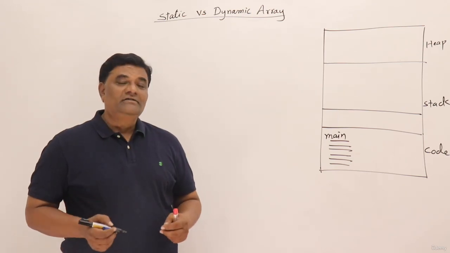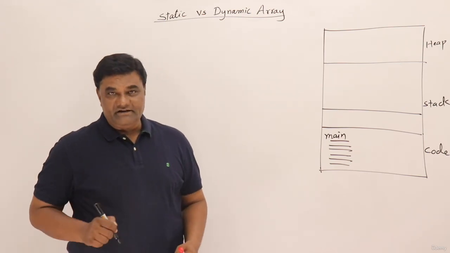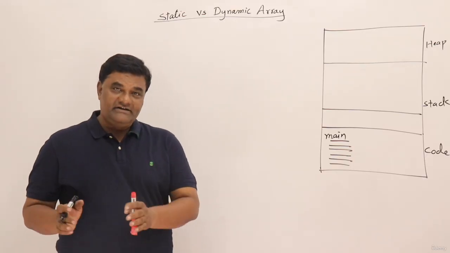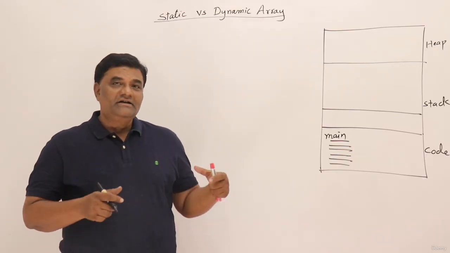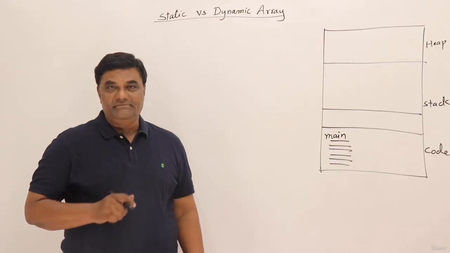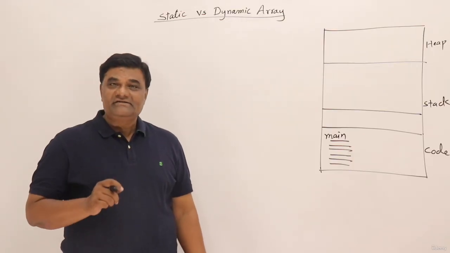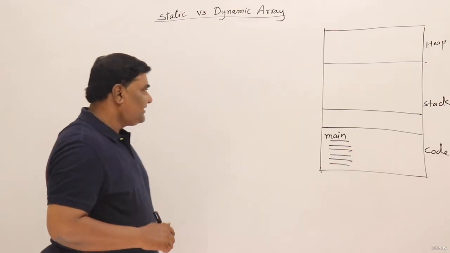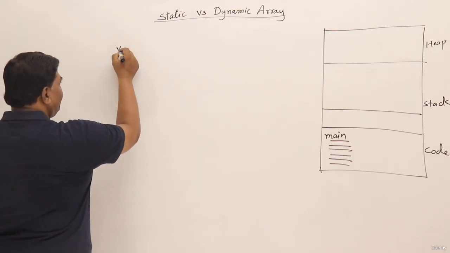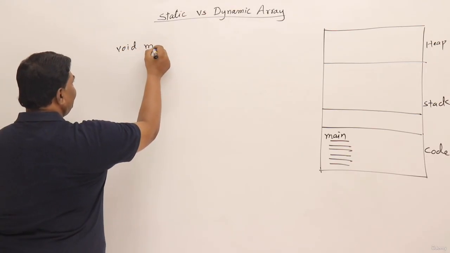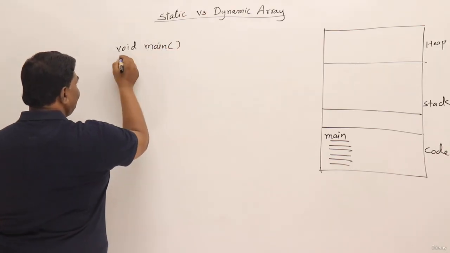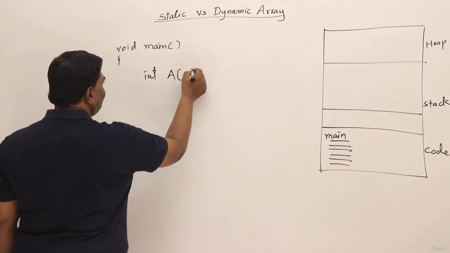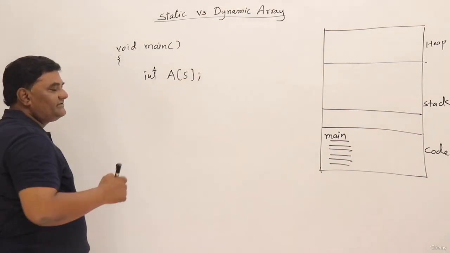Now let us look at static versus dynamic array. Static array means the size of an array is static, and dynamic array means the size of an array is dynamic. Once an array is created, its size cannot be modified. In our programs, when we declare an array, for example, I have a function void main, and inside this function, if I have declared an array integer of size 5, then an array of size 5 will be